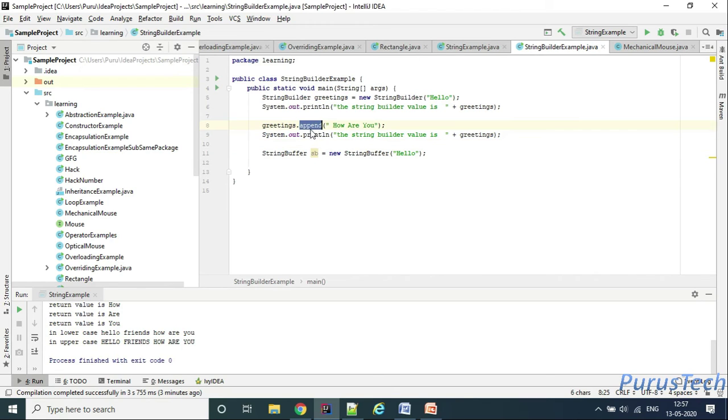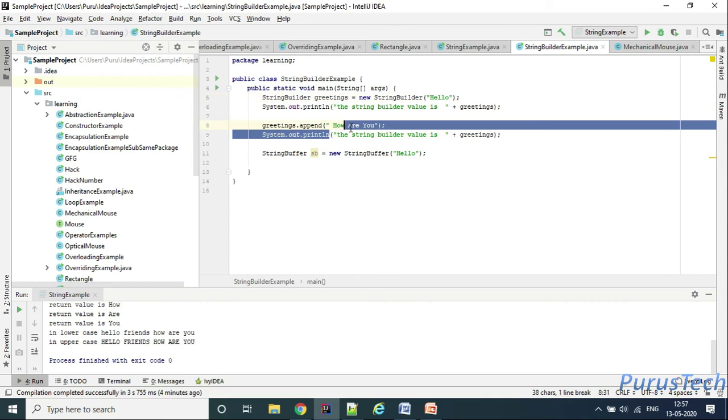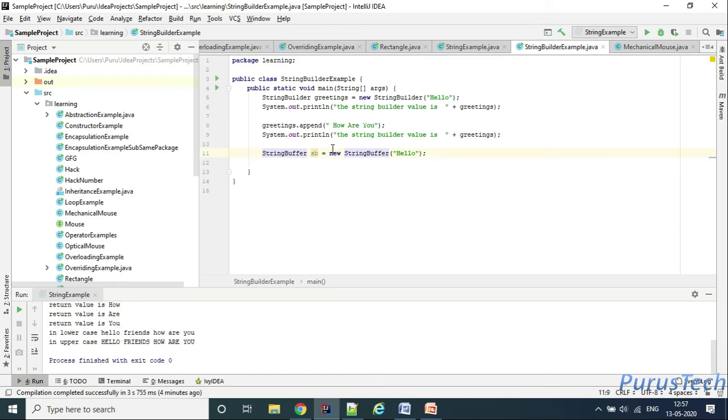So here I have taken the append method, which takes one argument, how are you, okay, with one space beginning. So what it will do, it will append this how are you to this hello, and then when we are printing this particular greeting value, what it will print? Hello, how are you? Let's try to comment this string buffer.